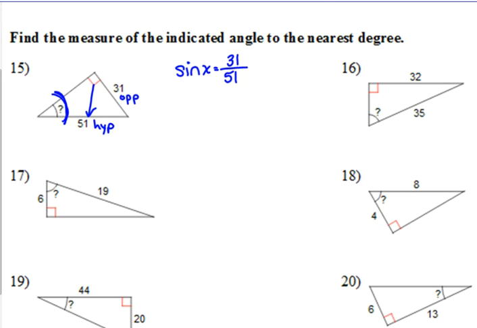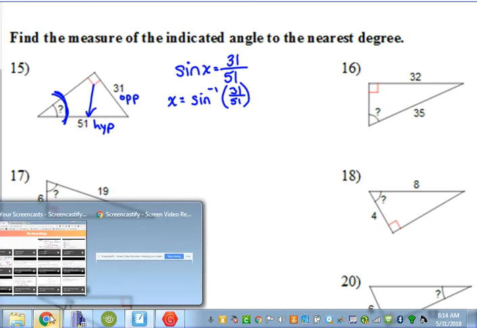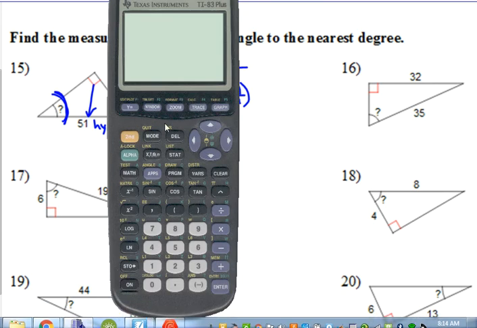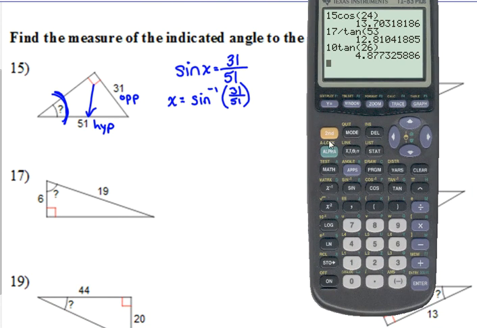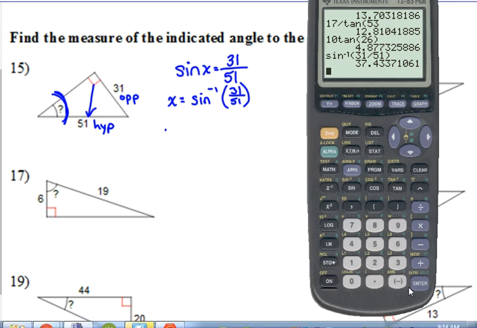Whenever you have both those numbers, here's what we do. x is equal to the inverse sine. It looks like a -1 exponent, but it's really not. So we just hit second sine on the calculator. Look how it puts exactly what we have written on our paper here, 31 over 51. And we get